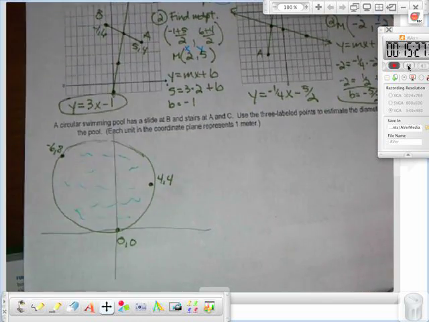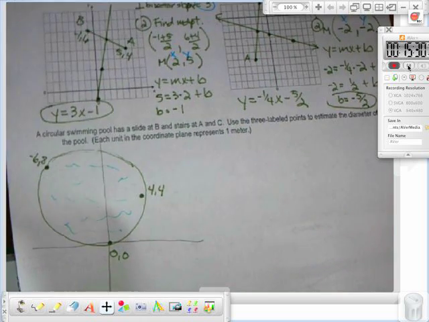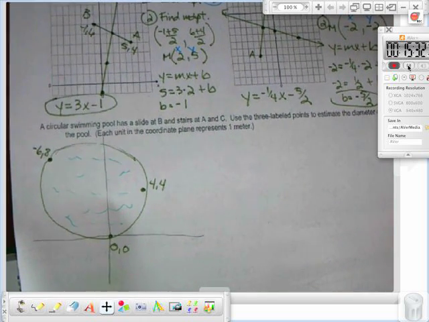Okay, so this last problem is an interesting problem, and I thought a lot about whether or not I should use it. But for some people, just to think about it